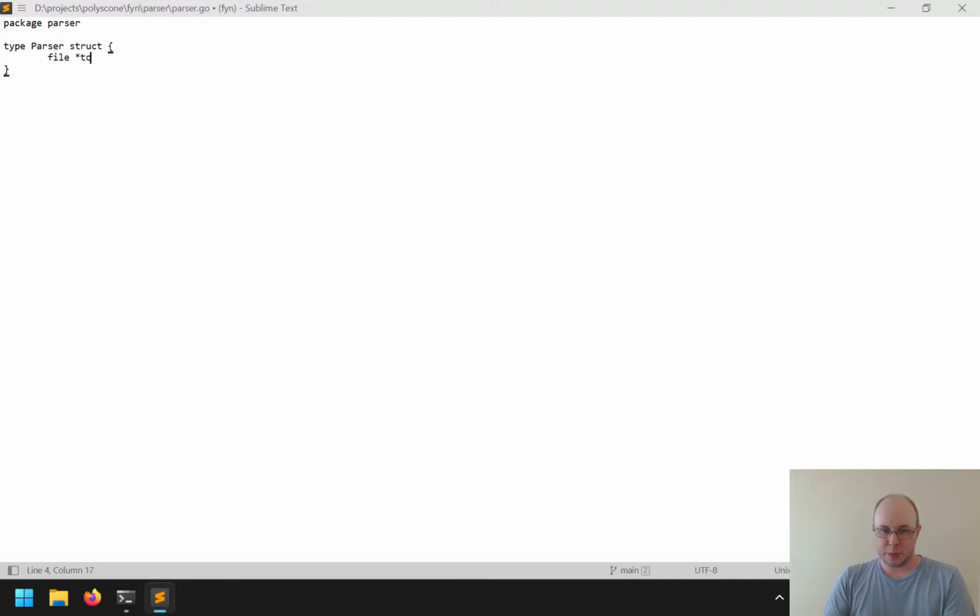A parser will need to keep track of it will need the file that it's working on, because that has the slice of the tokens. We'll need a position in the token stream, so this will be an int. And we'll need the next token in the stream. The way I'm going to use the parser is just by having a main parse function that will take in